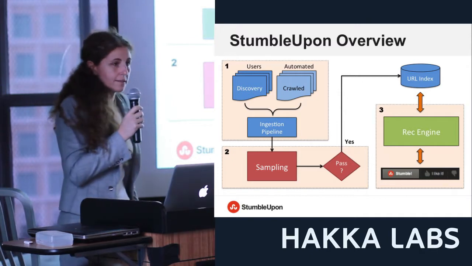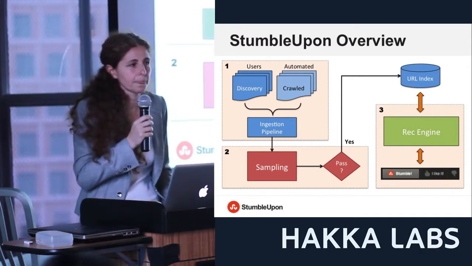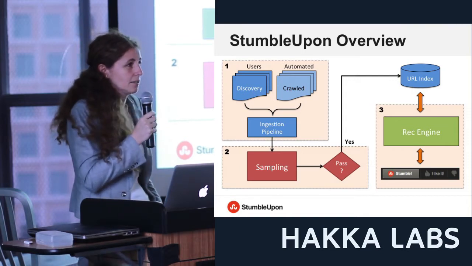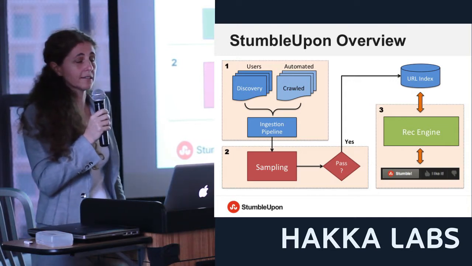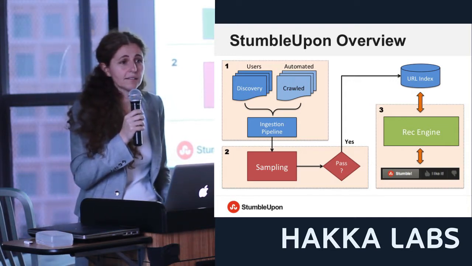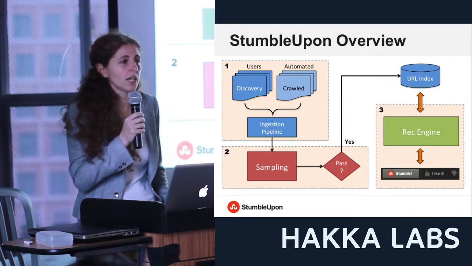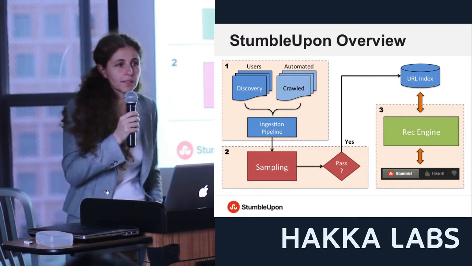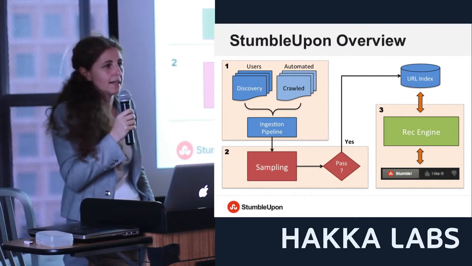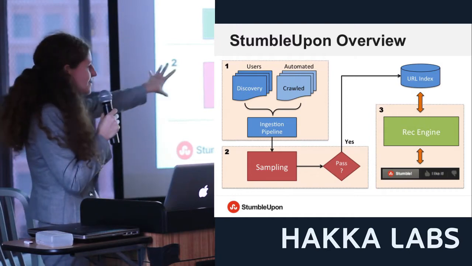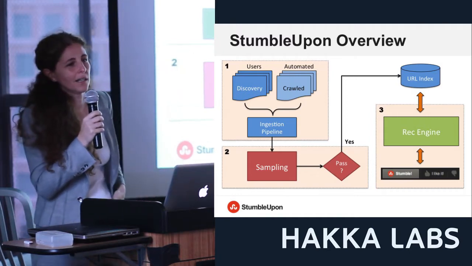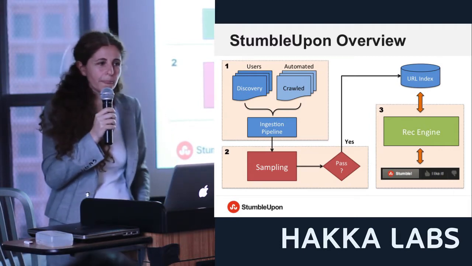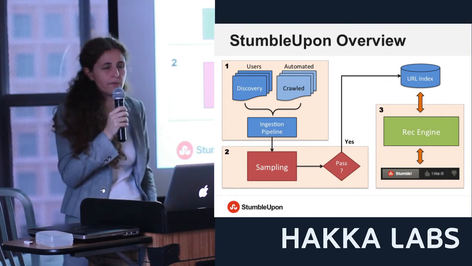There is a second phase that is what we call sampling. The sampling phase just tries to solve the same problem that all recommendation systems have, the cold start problem. When I do not have any information about a page and I need to understand how good it is, we keep it in this limbo for a minimum number of stumbles or a fixed period of time, and we basically monitor how this page behaves.